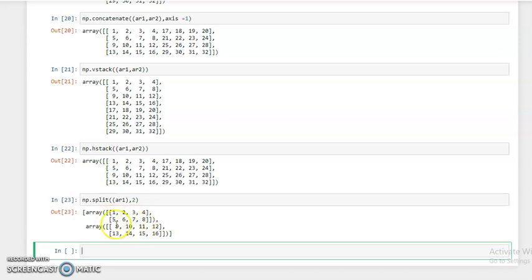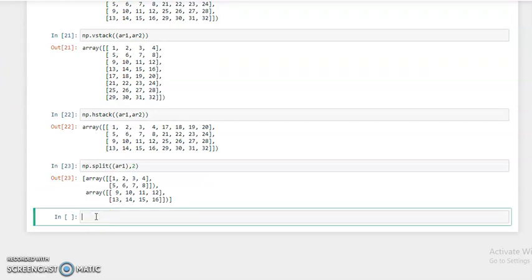Okay, and this is of type list. If we want to check the type of this, we can simply check the type of this array. It looks like a list. If you want to split this array row wise, for this we use simple np dot split and pass, suppose, array 1, and how many parts we need to split.